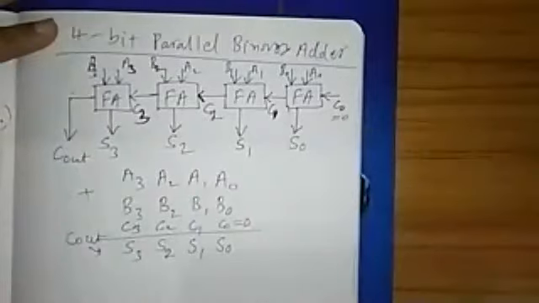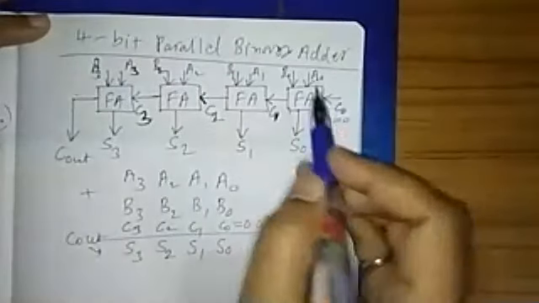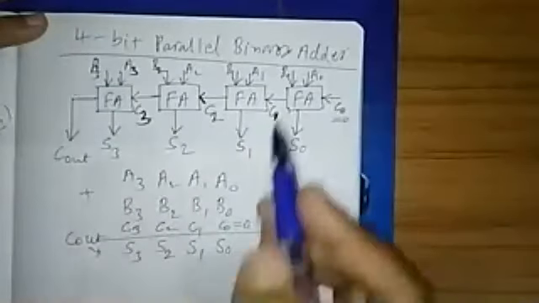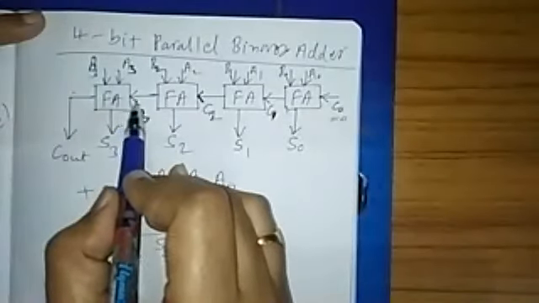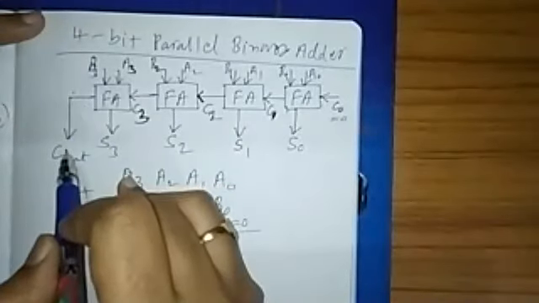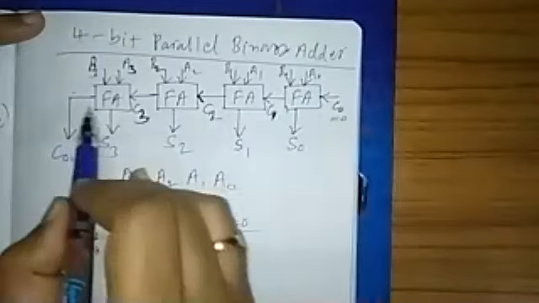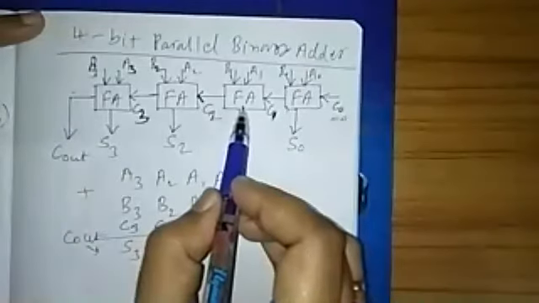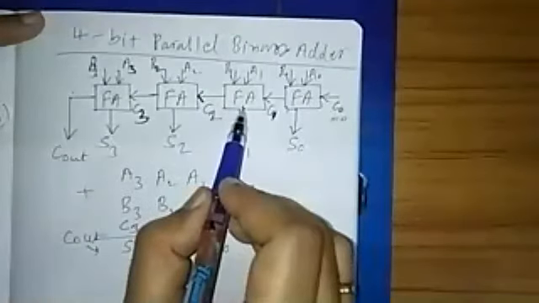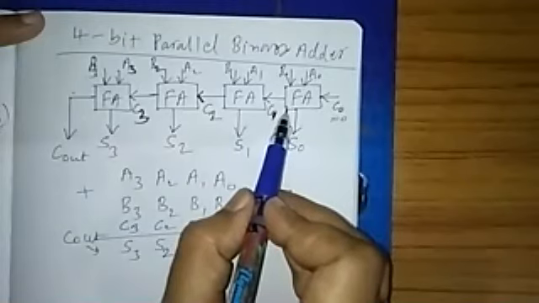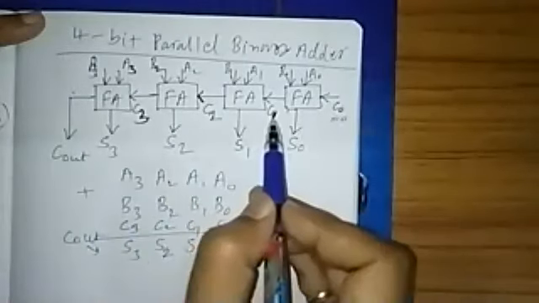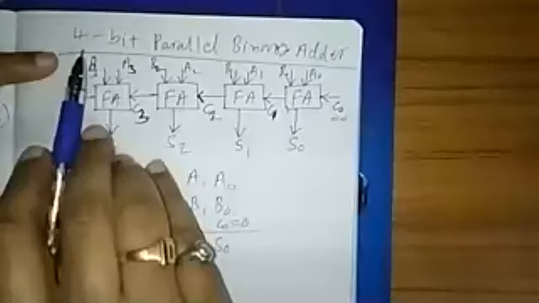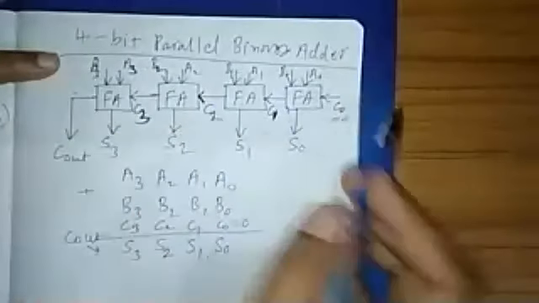Now, for example, here it is shown, a 4-bit parallel binary adder. This is also called a ripple carry adder, because carry is propagating from the previous addition till the end of the MSB. LSB to MSB, carry is propagating, or you can say rippling. Every time, the next full adder has to wait for the previous carry. Unless and until carry is generated, it will not be added and you will not get the sum. Therefore sometimes this is called a ripple carry adder also. 4-bit ripple carry adder or 4-bit parallel binary adder.